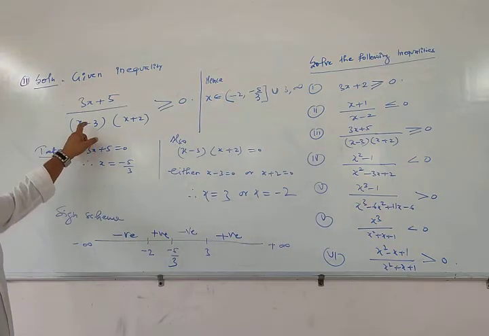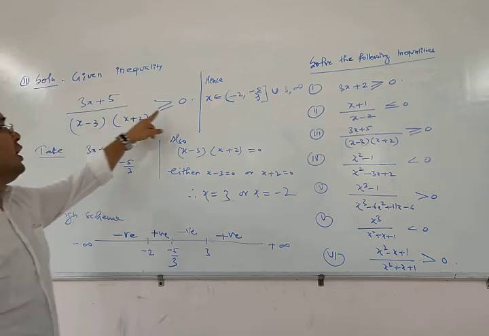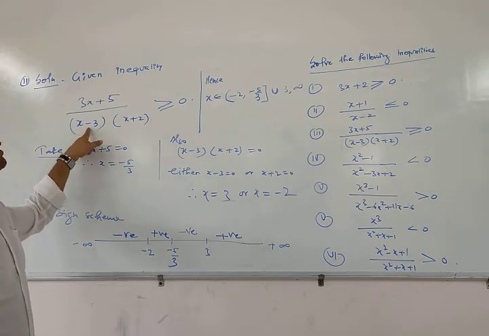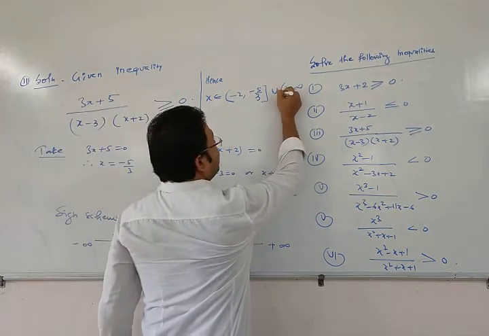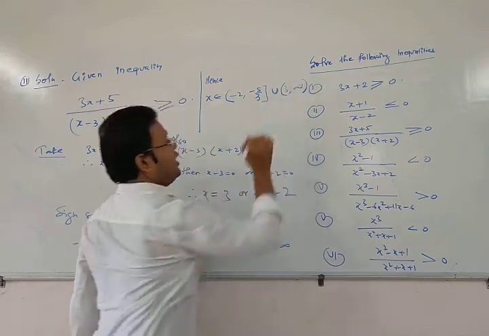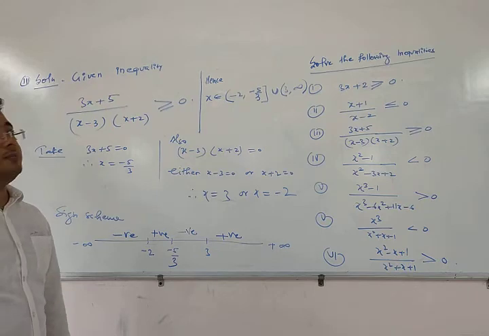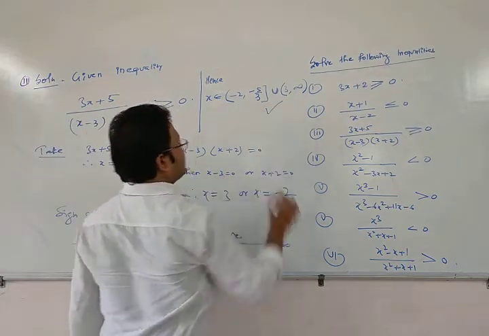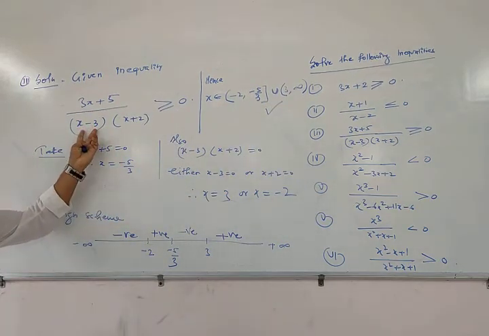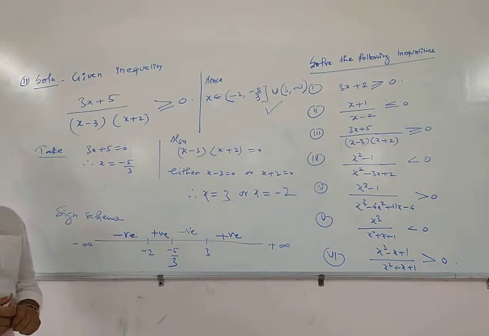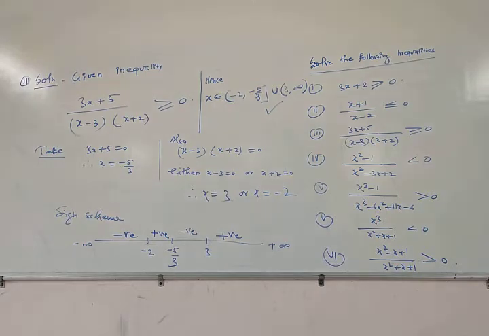Now 3 is the root of the denominator. However, the equal to sign is present, but we can't include 3, so we have to write 3 in open interval, and for infinity we already know that we always take it in open interval. So here is the final solution of these inequalities. You can see.